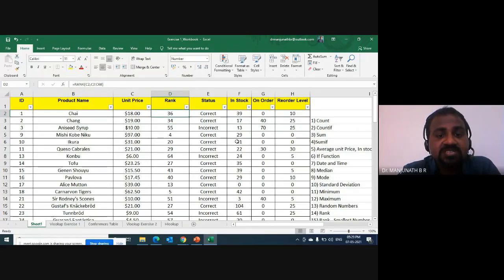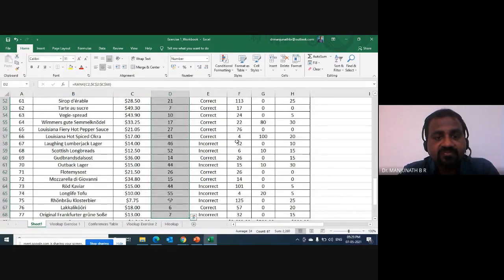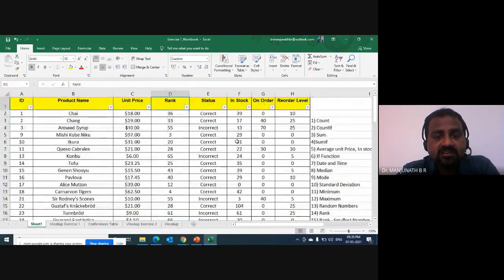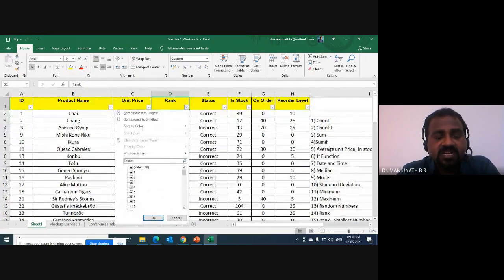On the first cell under column D, I'm doing something. Just see what I'm doing. And now I'll open the drop down and I can see rank 1. How is that? And why is that? What did I do?